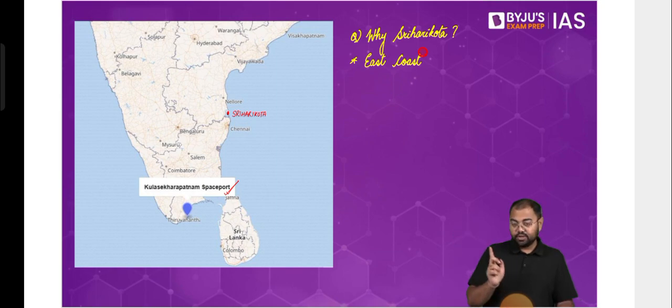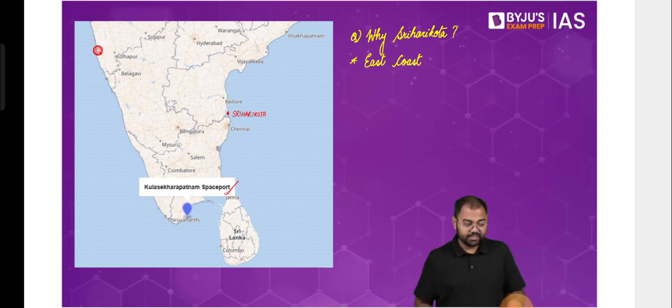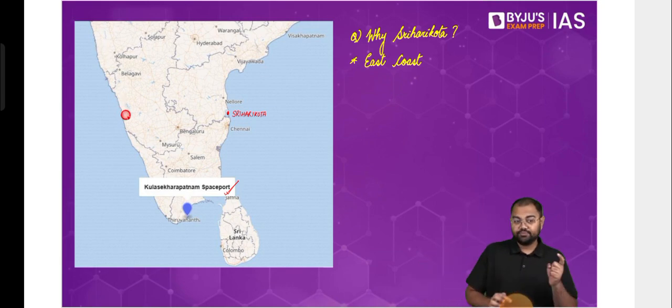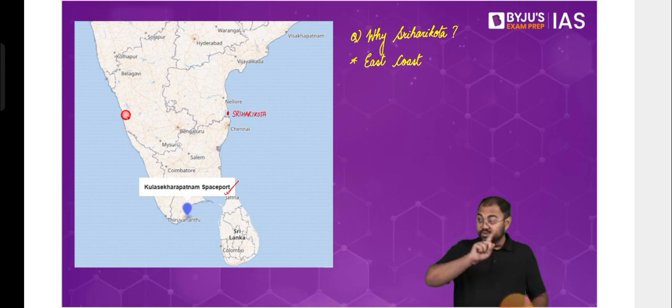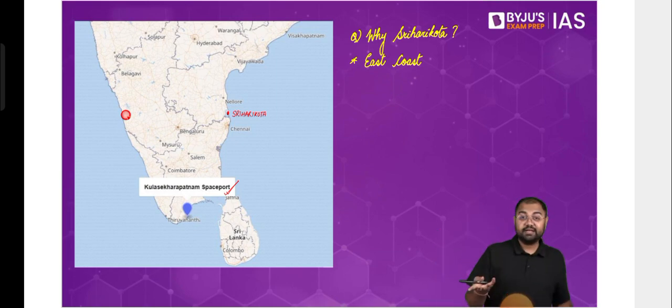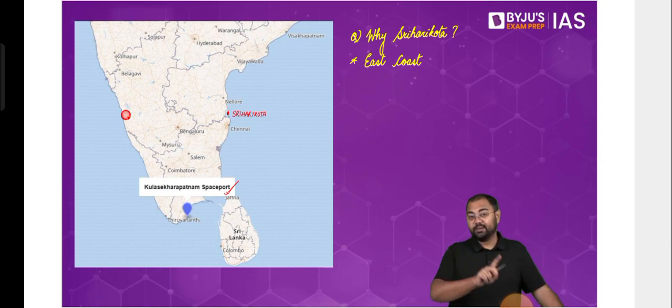Now suppose that we had taken a point in Karnataka or a point in Maharashtra, and we wanted to do a launch from there. So if we were doing a launch from, let's say, coastal Karnataka, then it would mean that from coastal Karnataka you will have to run eastward over the Indian landmass. So just imagine that if something goes wrong, if let's say it is about to fail and fall, then in that case it can be a big trouble if it is going above the landmass, right? So that's why we would try to avoid flying above the Indian landmass. So that's why eastern coast has been chosen and not the west coast.